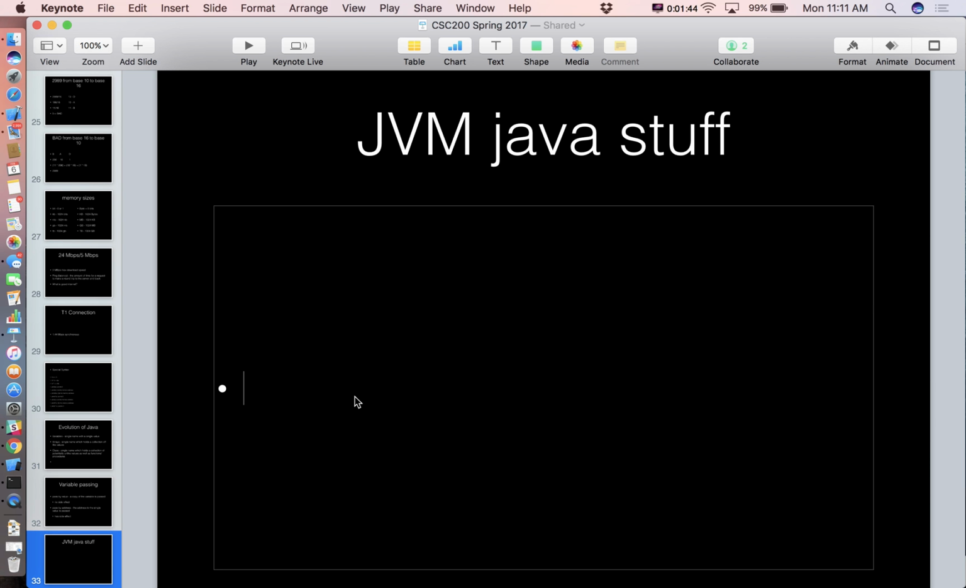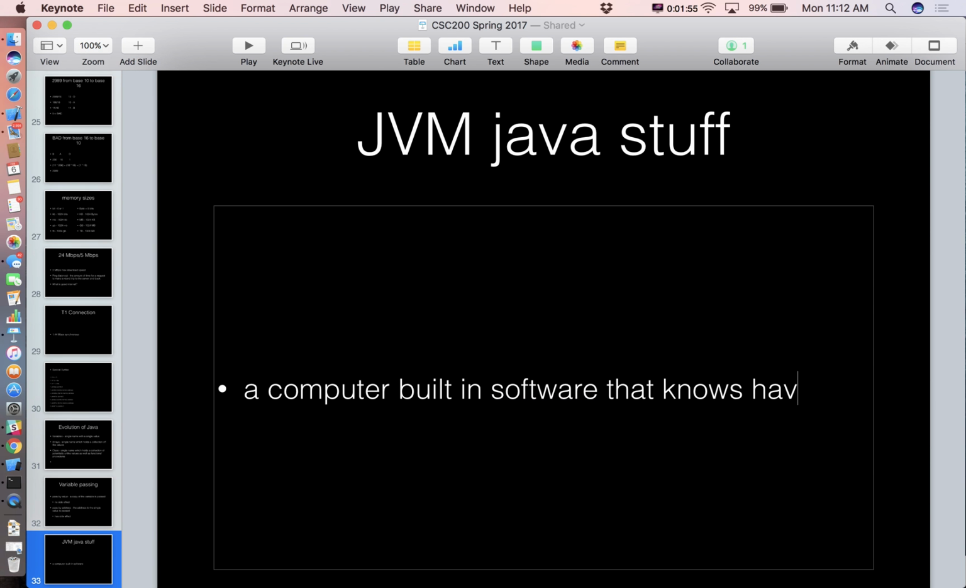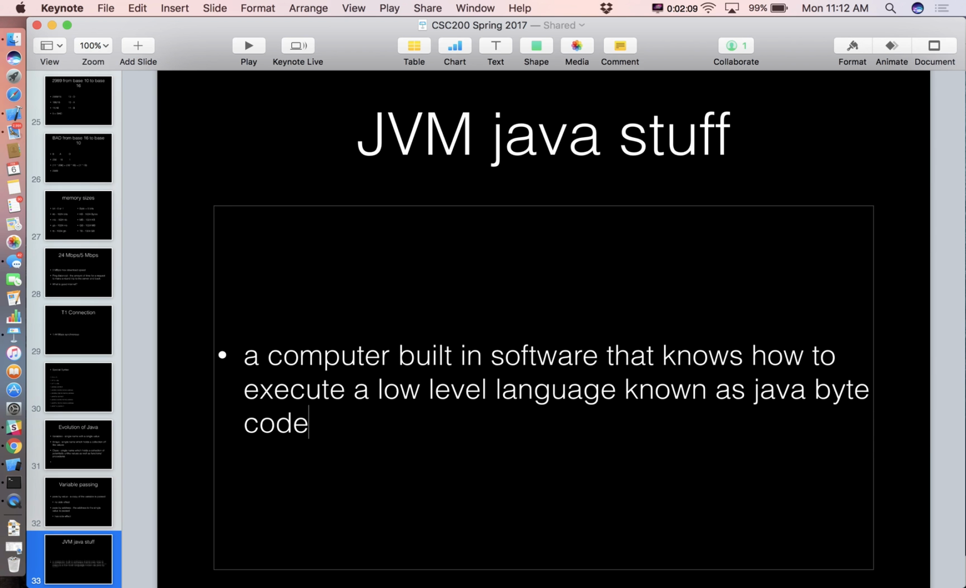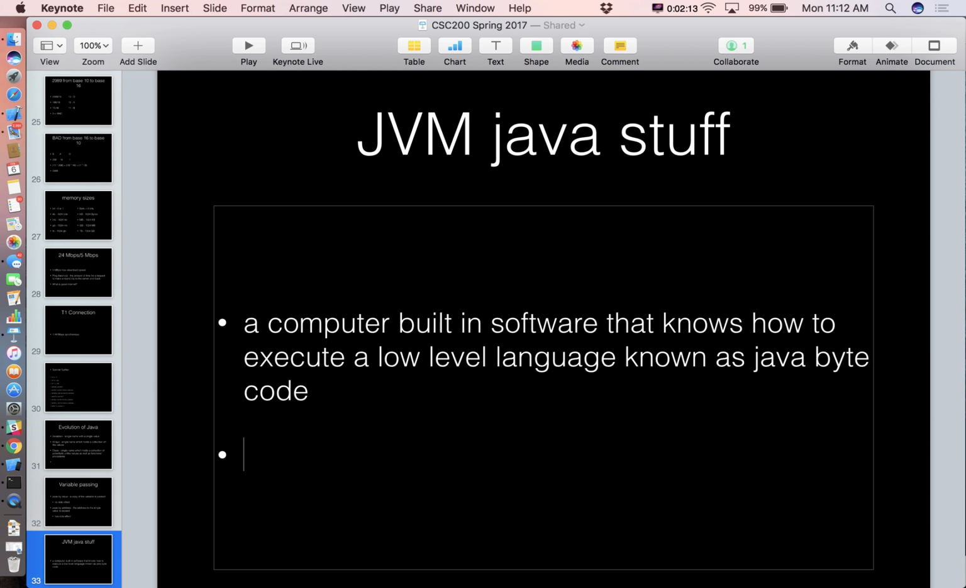So JVM, this is the Java virtual machine. This is a computer built in software that knows how to execute a low-level language known as Java bytecode. That's what the Java virtual machine ultimately does. It executes that. And what I mean by execute,